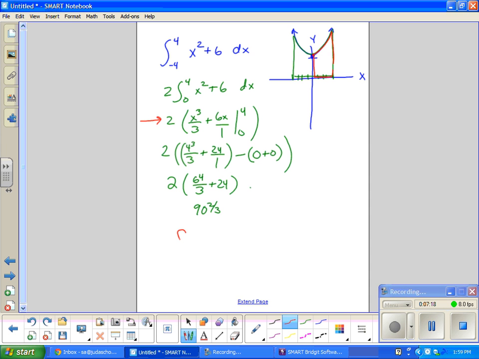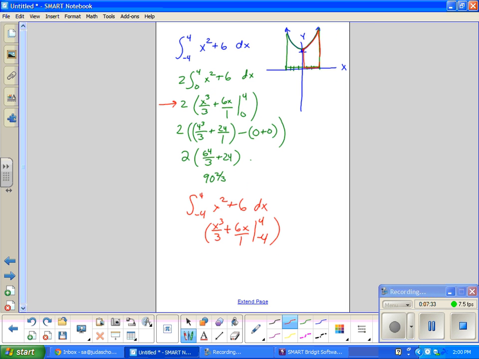So if I went from -4 to 4 of x squared plus 6 dx, I would get x cubed over 3 plus 6x over 1 from -4 to 4. Okay, and the only difference that makes is that I end up with 4 cubed over 3 plus 24 over 1